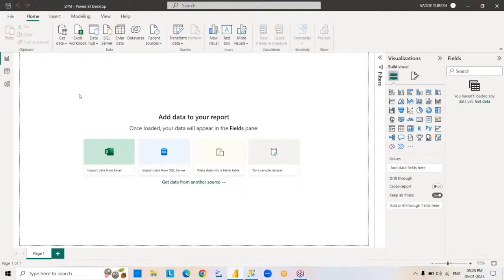So coming to the next scenario. In this project only, we are going to perform different types of activities. So if you want to perform any task in this